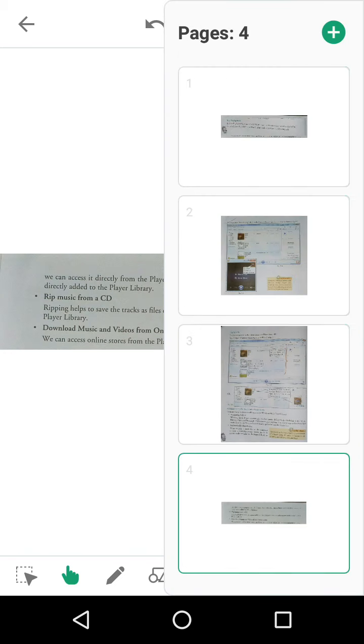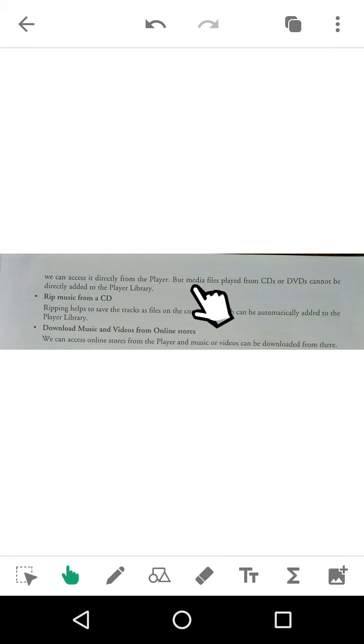Now see, but media files played from CD DVD cannot be added directly to the player library. Only pen drive files can be added. So just make this note, the files that are in CD, you have to first copy them.